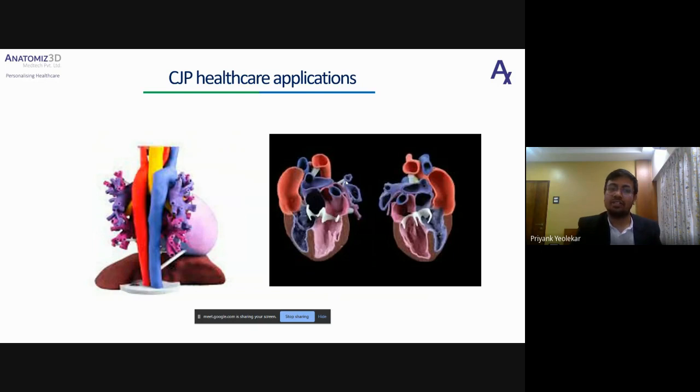In this technology, normally a gypsum powder is used. These heart models which I am showing here are of CJP technology, and as you can see, the different colors with which you can print look very real.